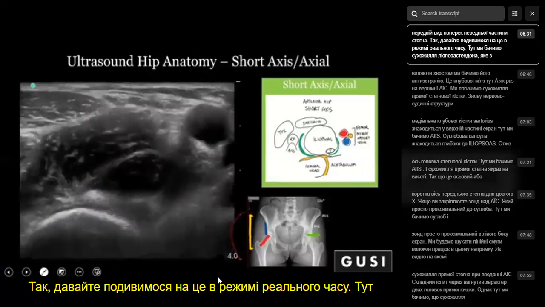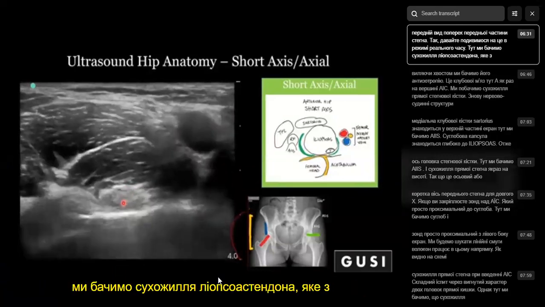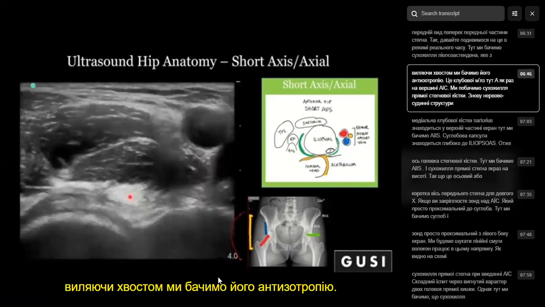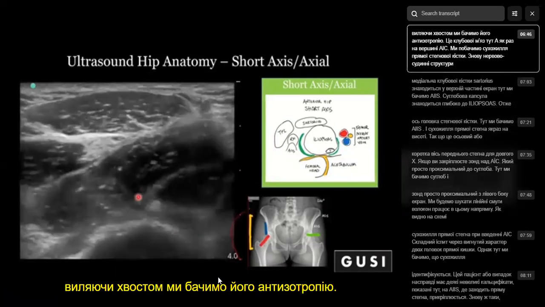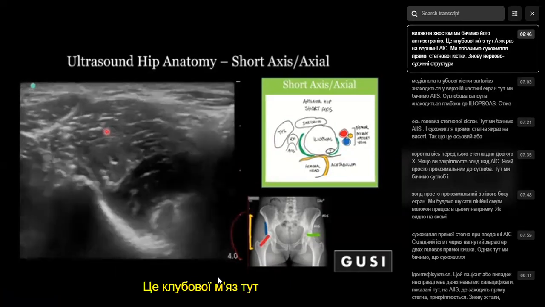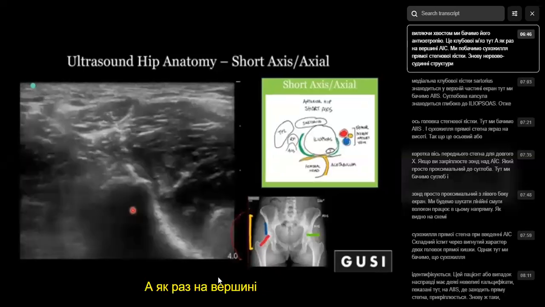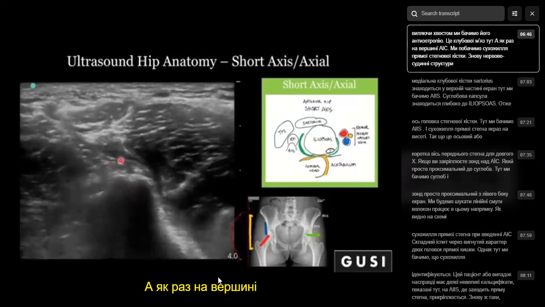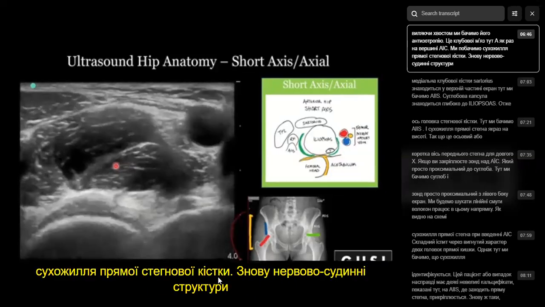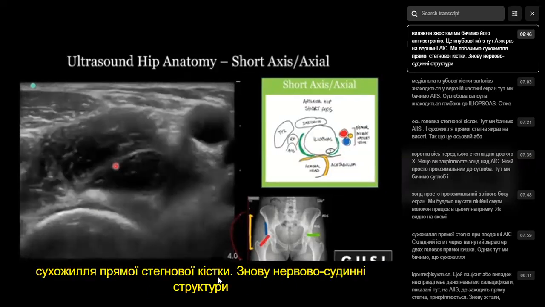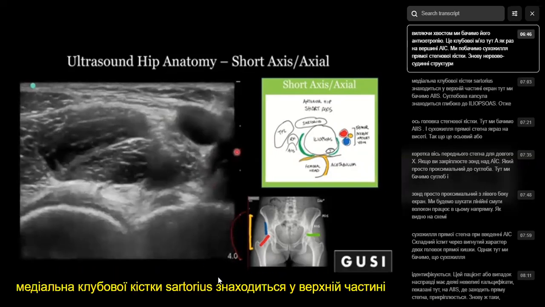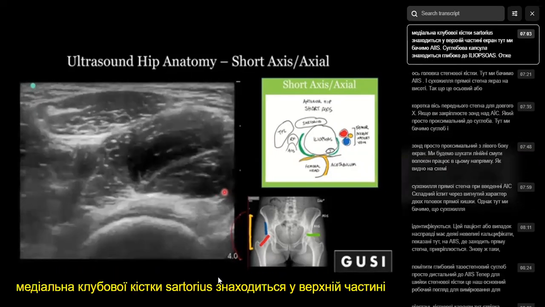Let's look at this in real time. Here we see the iliopsoas tendon, which with wagging of the tail, we see its anisotropy. This is the iliopsoas muscle. Here is AIIS. And just on top of AIIS, we'll see the rectus femoris tendon. Once again, the neurovascular structures are medial,